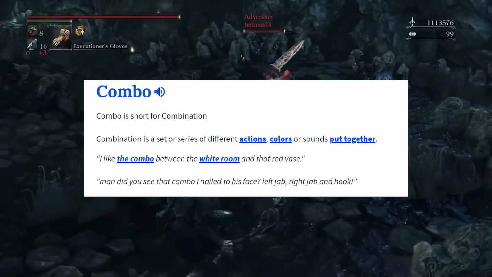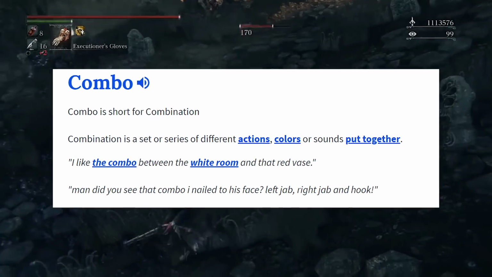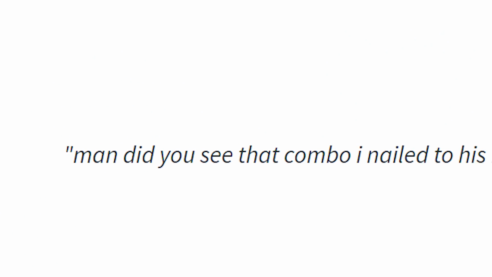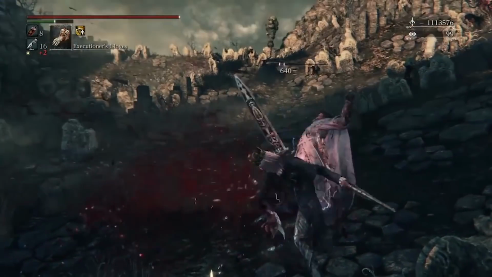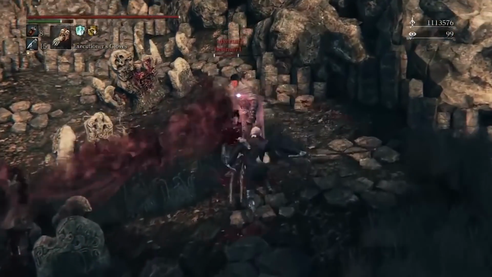Here we go. Combo or combination is a set or series of different actions put together. Did you see that combo I nailed to his face? Left jab, right jab and hook. Yeah, that'll do. As a definition for today's topic, we'll be looking at some entertaining attack sequences today sent in